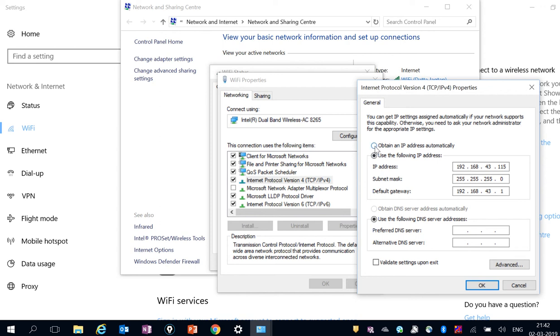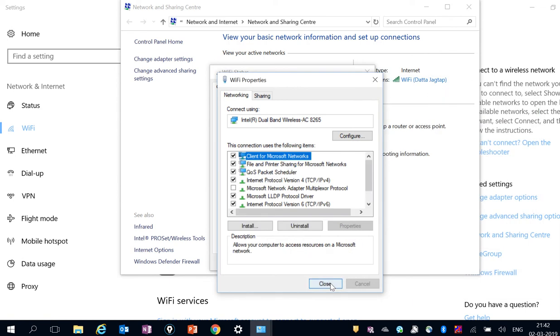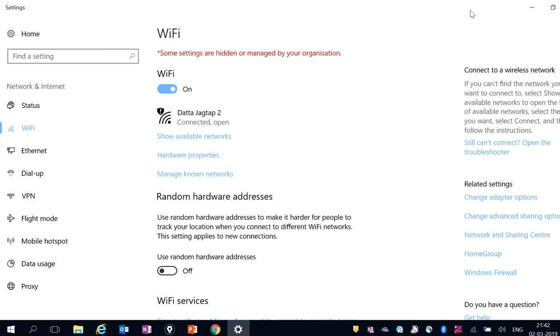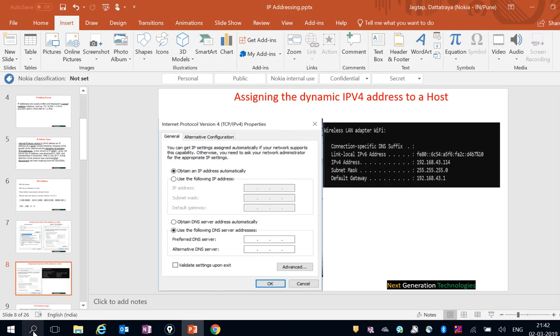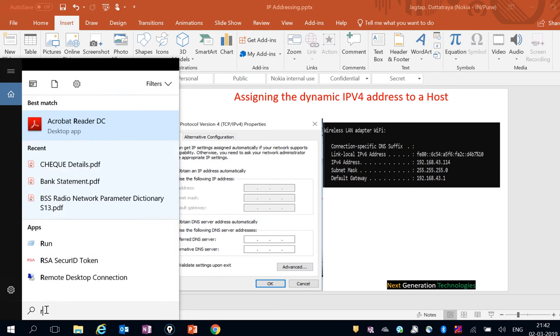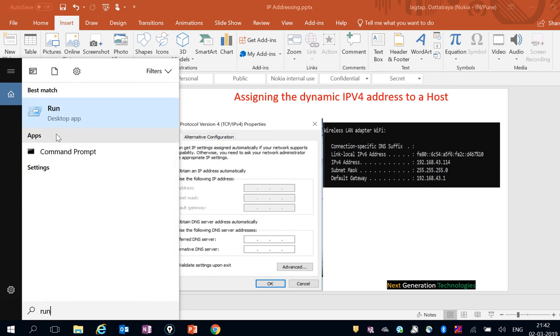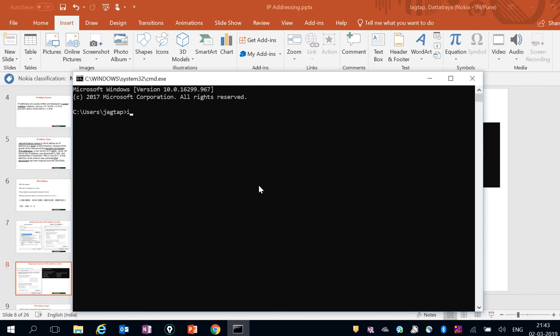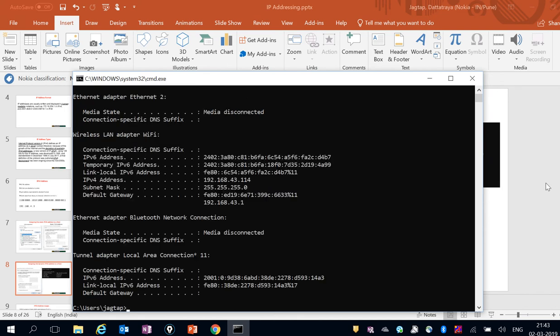If I select obtain an IP address automatically and apply it, then we will check which IP address is assigned by the DHCP server. So again we will check it in the command prompt. So ipconfig. So now the IP address assigned to my machine is